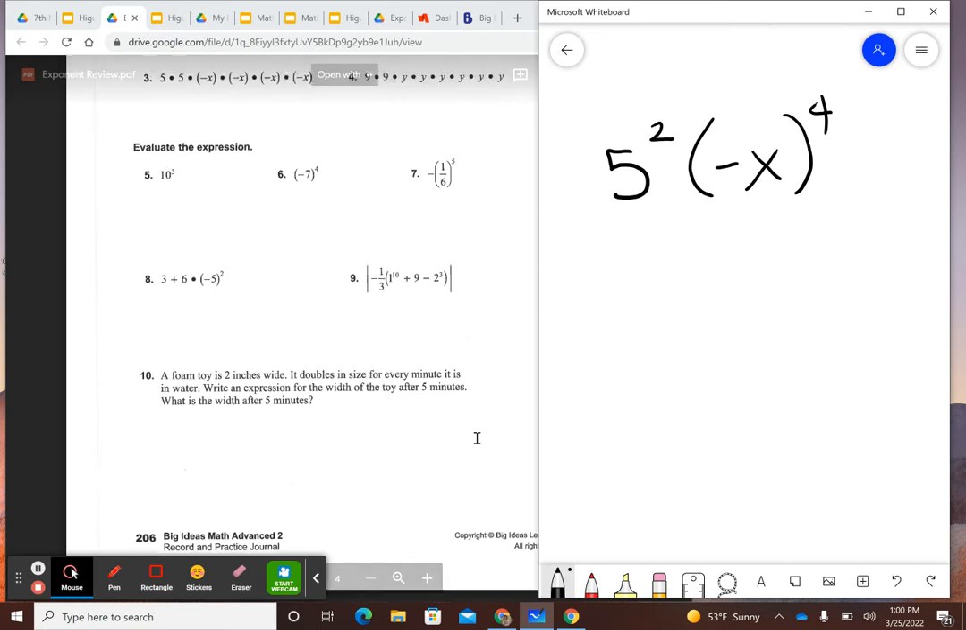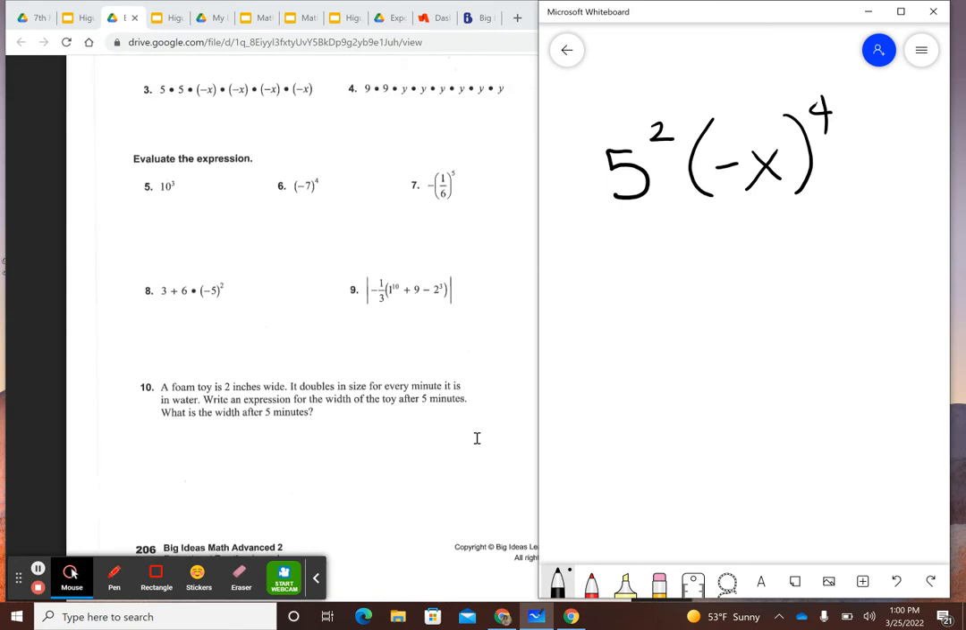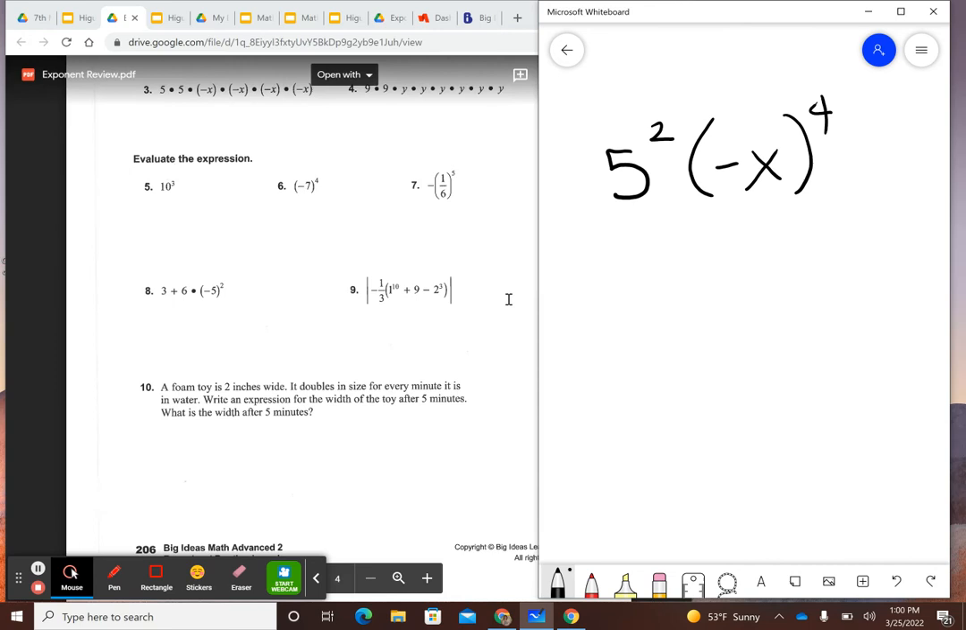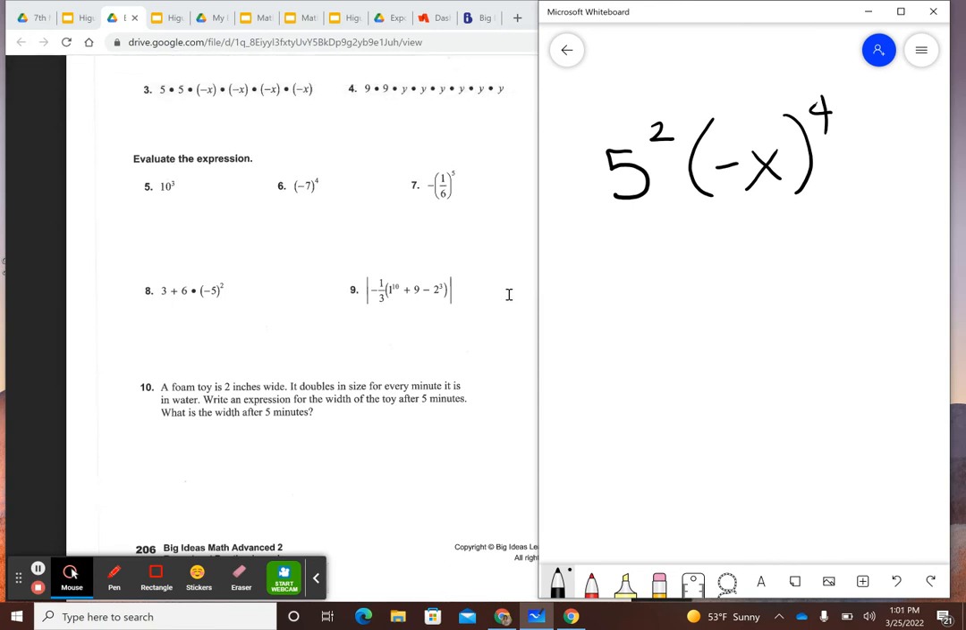Moving down and looking at numbers 5 through 10, you're actually going to evaluate. So that means you're going to get a number for these if you can. If it's an expression like you have in number 8 and number 9 with multiple operations, make sure you follow order of operations. Also, notice in number 9 that that symbol on the outside is the absolute value symbol in case you don't remember. I want to go over number 7 before I stop the video and let you do